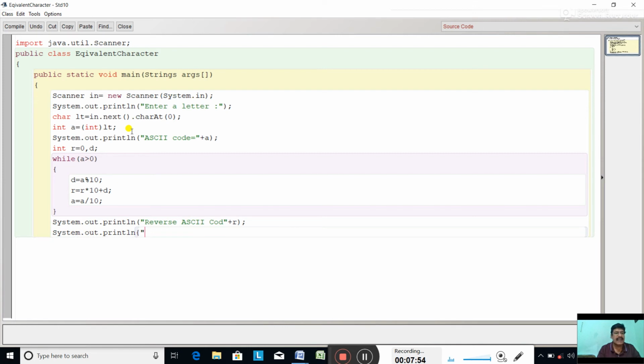Again System.out.println, this time print the equivalent character, plus (char) r. So the reverse digits are converted into a character and printed. Close the program and compile.